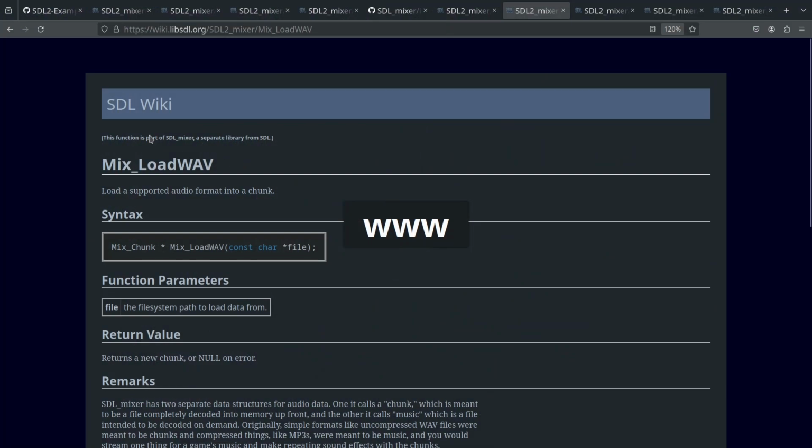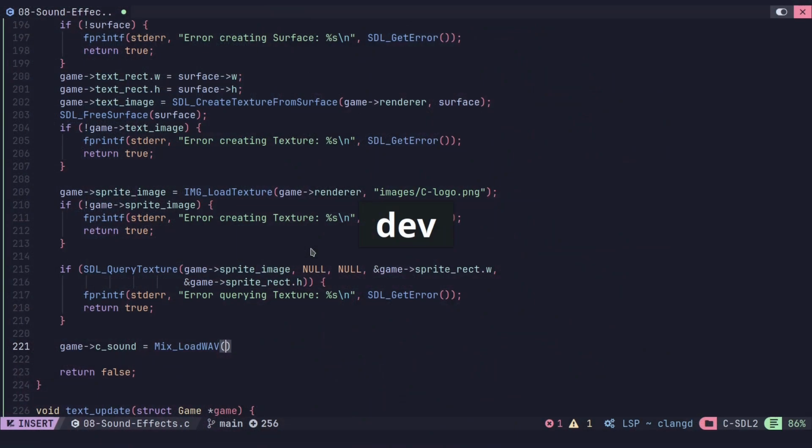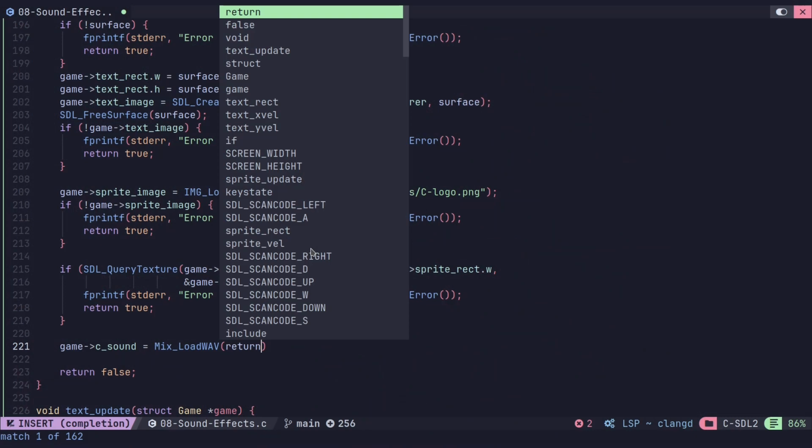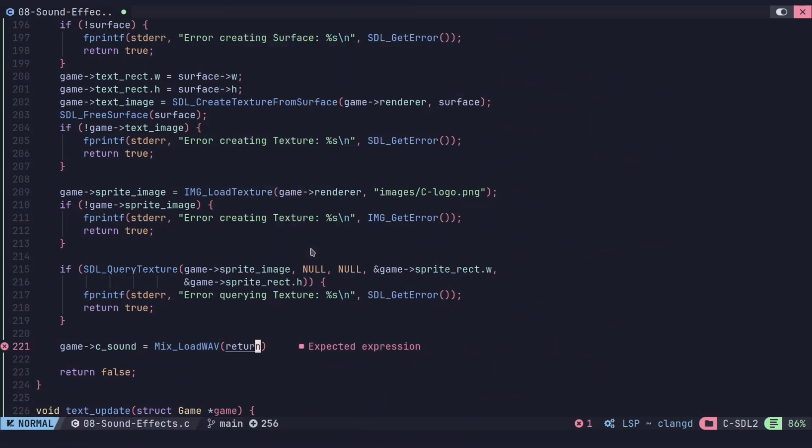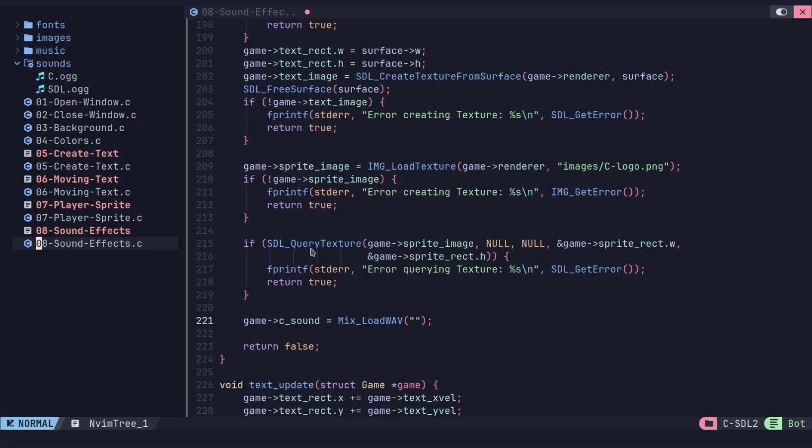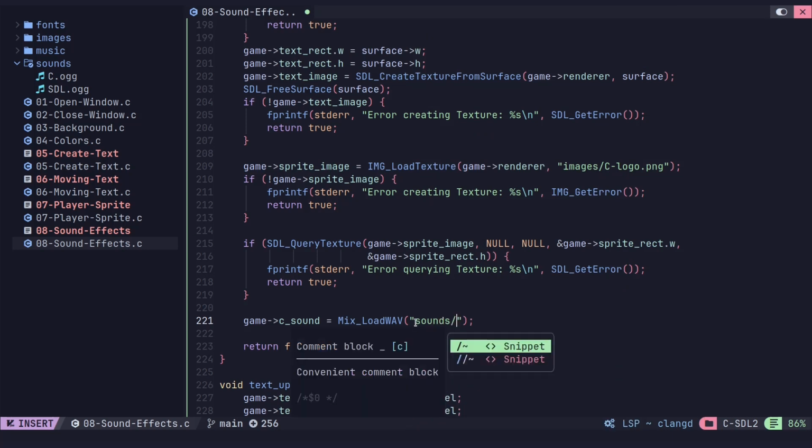Okay, so for load wave, we just need the file name. And that is over here. I'll show you real quick. That is the C OGG, and it's in the sounds folder. So we're going to go sounds, C,